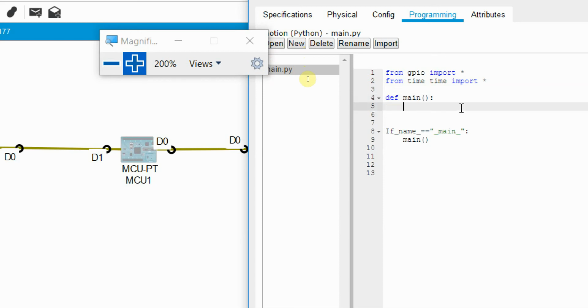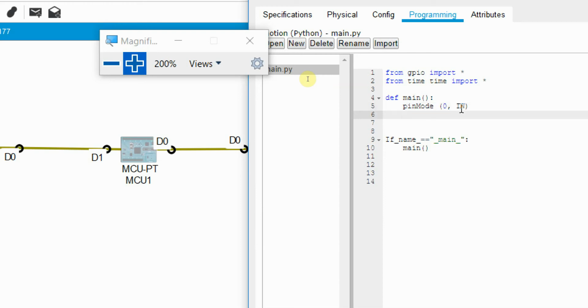You will see the pin mode, as I told you, 0. The motion sensor is connected with 0, so this is my input. GPIO pin mode in.